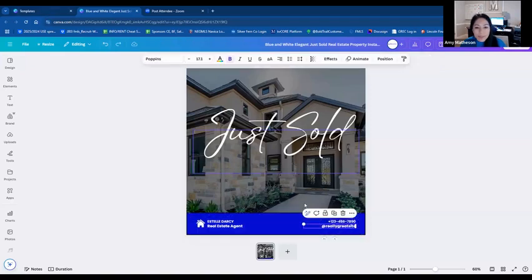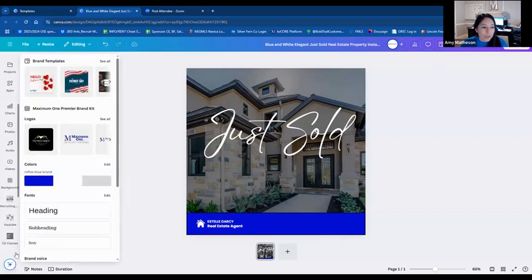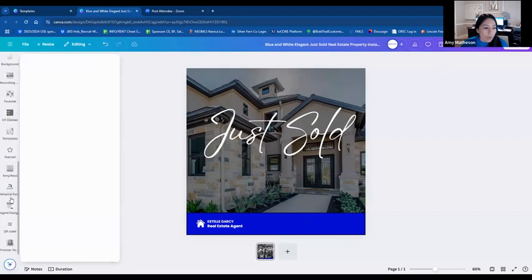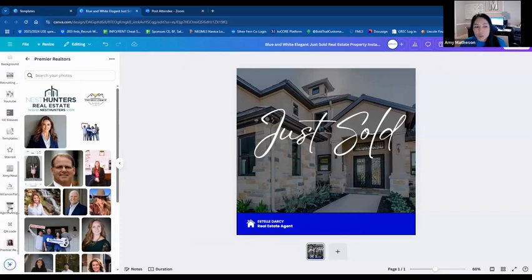Whoops, let's undo that. Another thing I like to do, if I'm doing a just sold for one of our agents, is add in their picture. I already have a folder with all of our agents' pictures saved in it. This is a great thing about Canva: you can create folders so you have everything right at your fingertips. Let's say that I want to add this agent,